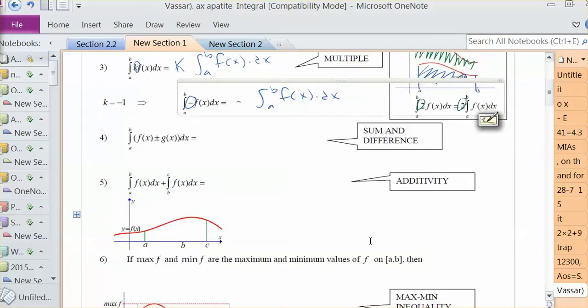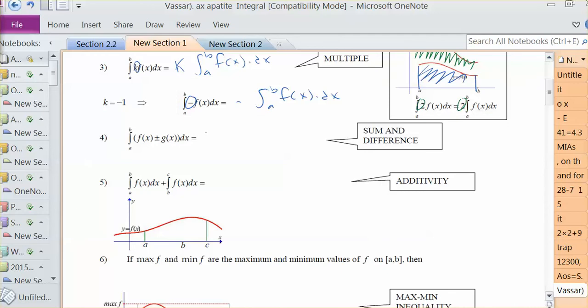What if you're adding two functions, and you take a definite integral of them, both with the same lower and upper limits? Well, you can just separate the two like this, not a problem. So you can find the area of each function individually and add up the areas. Or what if they don't have the same lower and upper limits exactly, but the upper limit of one function is the lower limit of the other function,